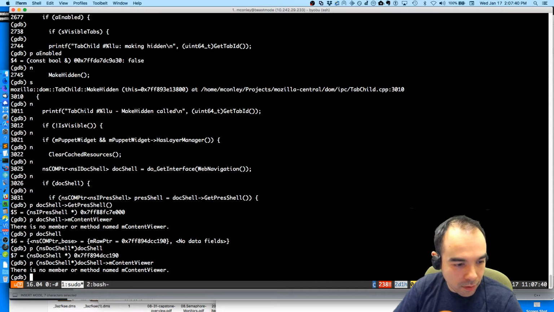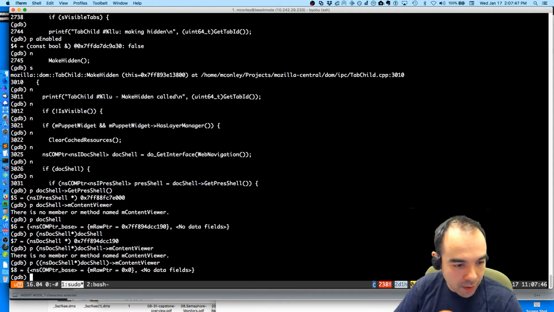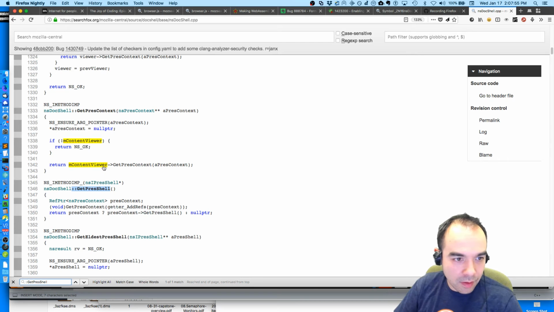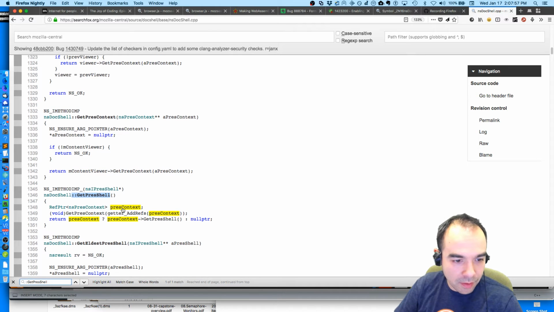Content viewer. Are you serious? Come on. There it is. But it's null. There is no content viewer. There's no content viewer yet. But I'm getting a pres shell. Get pres context. There's no content viewer.